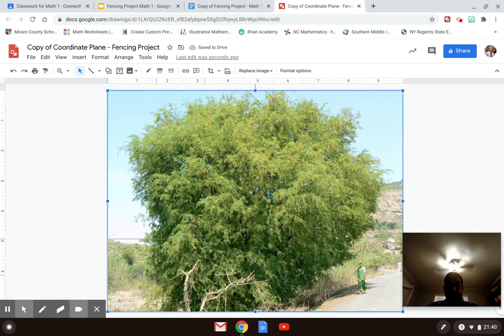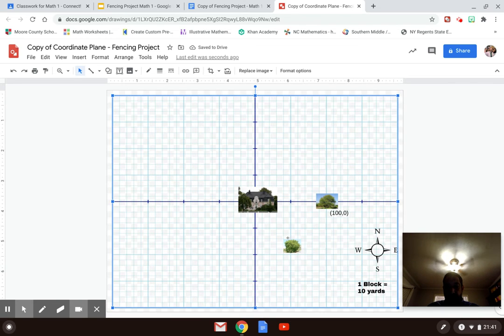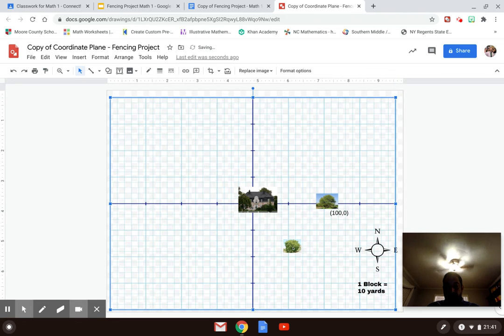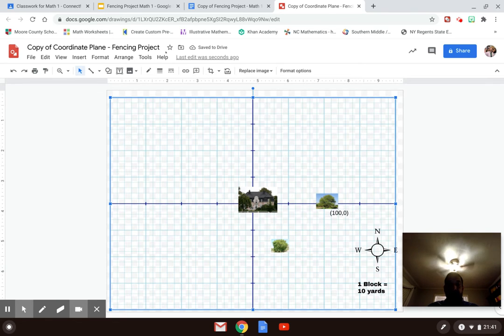So we'll shrink her down and come right over here at 40, 80. Okay. And again, you'd come up here, you'd get a text box. You would put